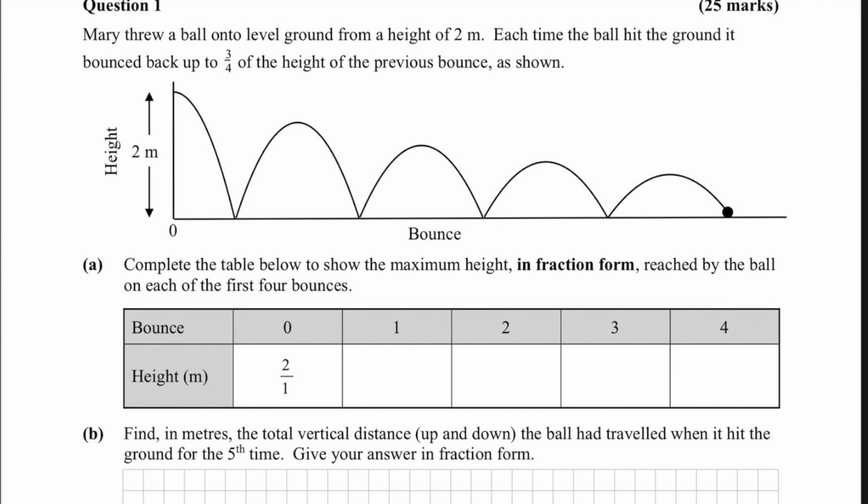At the 0th, the maximum height is 2 meters. For the next, it is 3/4 of 2 meters, which will be, you can cancel this 2 and 4, so for the first bounce the maximum height will be 3/2. For the second bounce, again it's 3/4, so it will be 9/8. For the third, by 3/4, it will be 27/32. And for the fourth bounce, it will be